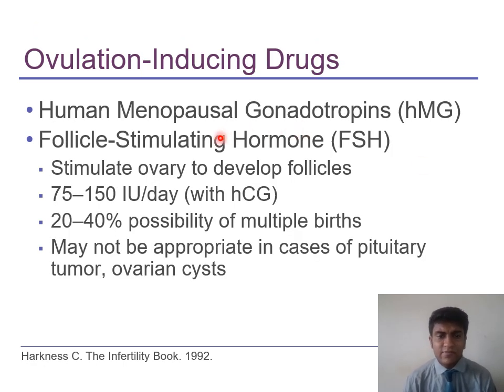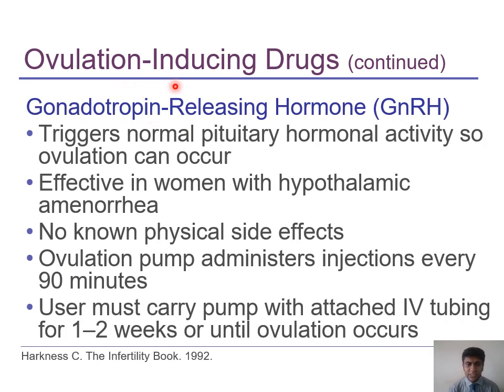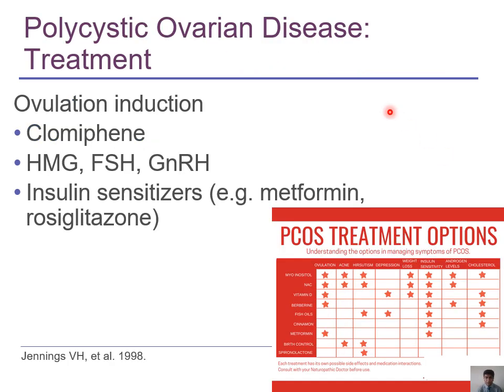Ovulation inducing agents, so there are different kinds of follicle stimulating hormones and HCG hormones, and they increase the chance of births by 30 to 40%. Then among ovulation inducing agents, we have different kinds of gonadotropins that are useful to induce ovulation. Then for PCOS, ovarian disease, you can see the different kinds of agents like vitamin D, cinnamon, birth control, spironolactone, reserpine, and the different kinds of problems that they deal with: ovulation, acne, hirsutism, which is excessive growth of hair, depression, weight loss, sensitivity to insulin, androgen levels.